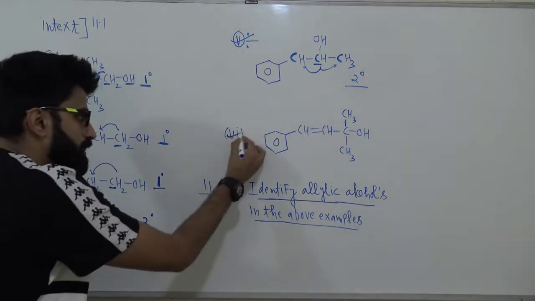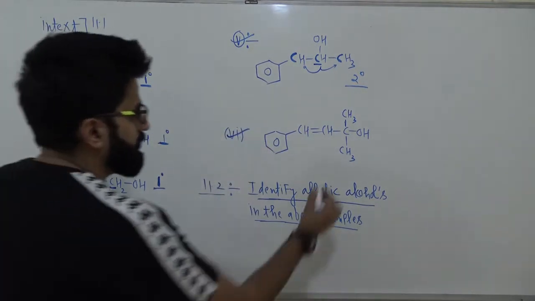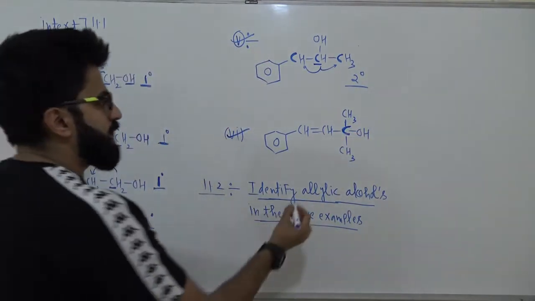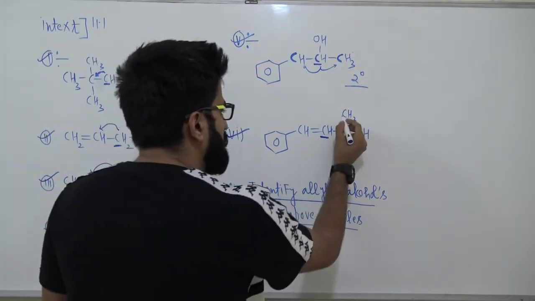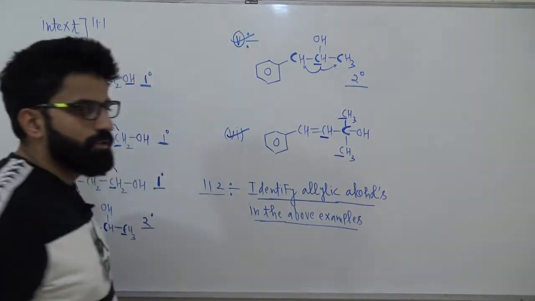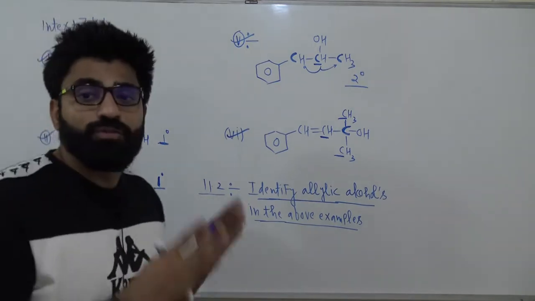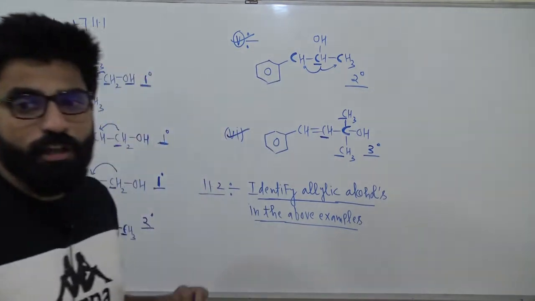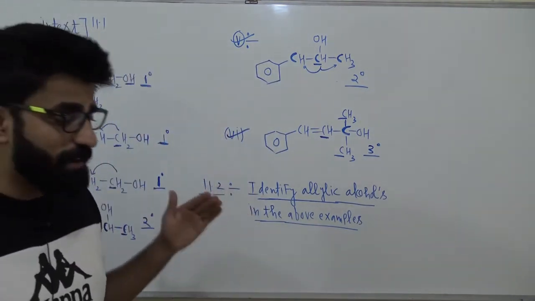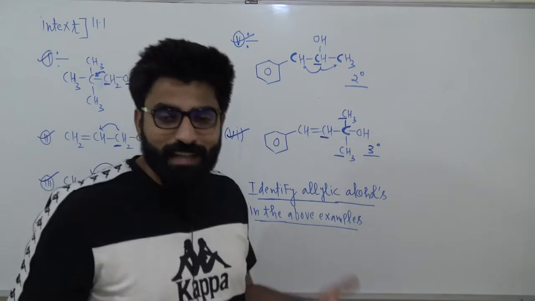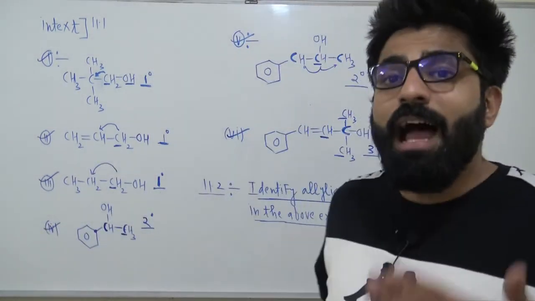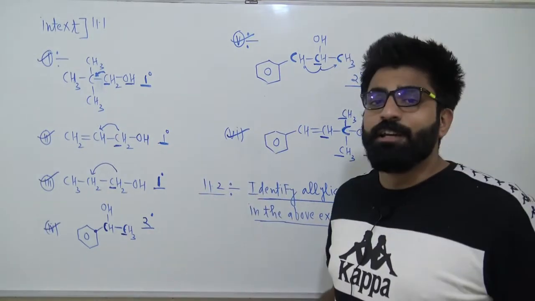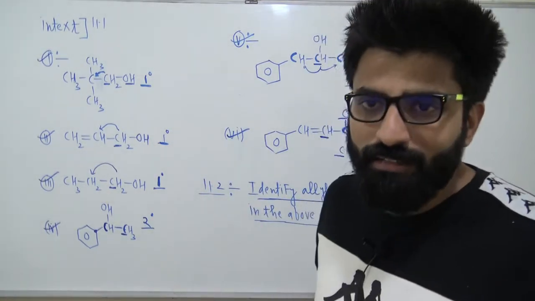Next and the last question, identify the degree. You can see that to this carbon OH is attached, so always check that carbon. Now see, this carbon is attached to this carbon, that is number 1, number 2 and number 3. So the carbon to which OH is attached has 3 carbon atoms. It means the degree of this alcohol is 3 degree, right? So that is very simple. Identification of degree is very simple. And if you are doing these kinds of questions wrong in the exams, then basically you are donating your marks. So don't do that, right?